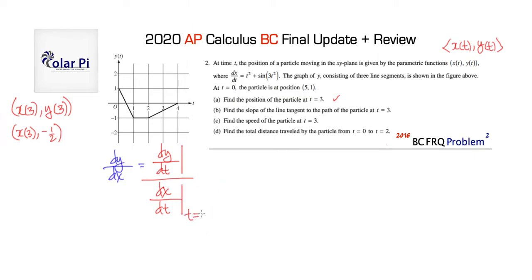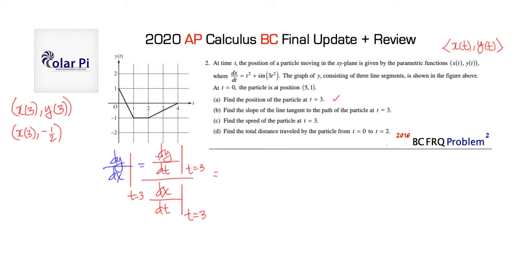So this at t equals 3, and then this at t equals 3, right? Clearly, if you simplify dy/dt over dx/dt, it simplifies to dy/dx, right? And so what we're saying is doing the right-hand side at t equals 3 amounts to figuring out dy/dx at t equals 3, which is the task at hand, right? Okay, cool. So dy/dt